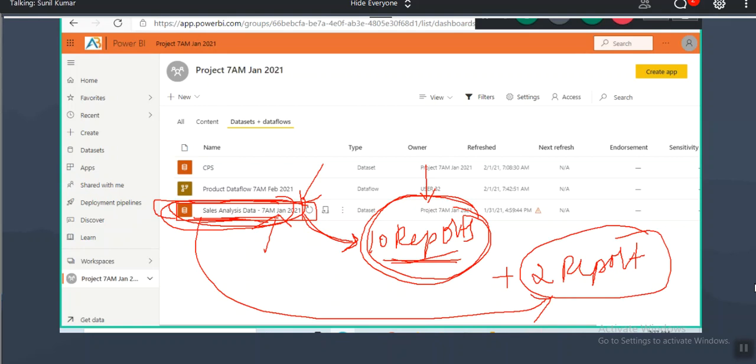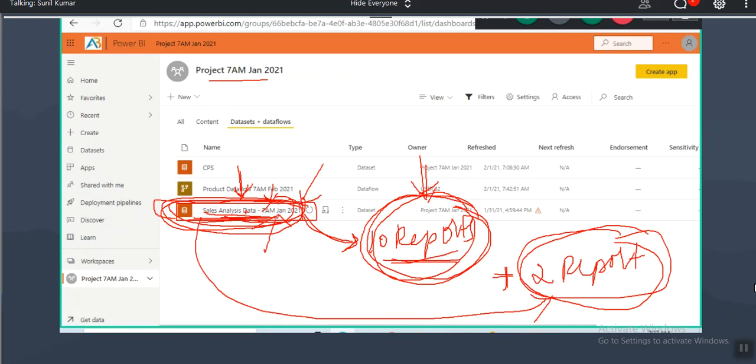Now, to create these 2 reports, the existing tables are not sufficient. Along with the existing tables, I want some more tables here. At the time of starting the project, we had only 10 reports, and to create those 10 reports we prepared this data set. Later on, we got one more requirement to create 2 more reports on the same data set. That time, the information in the data set might be sufficient, might not.